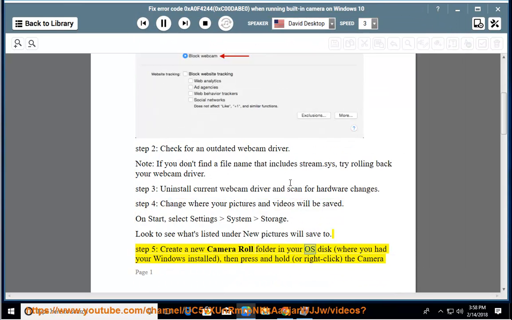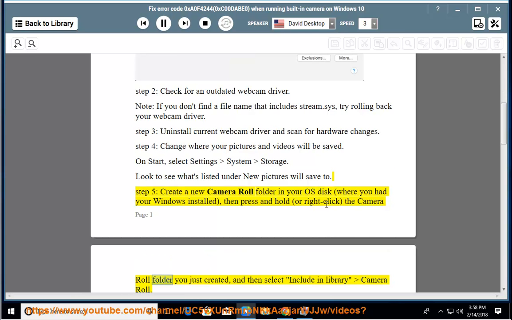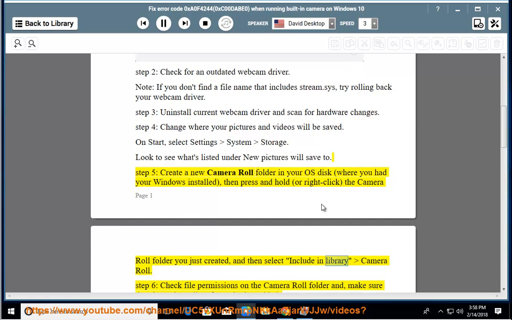create a new camera roll folder in your OS disk, where you had your Windows installed, then press and hold, or right-click, the camera roll folder you just created, and then select Include in Library, Camera Roll. Step 6, check